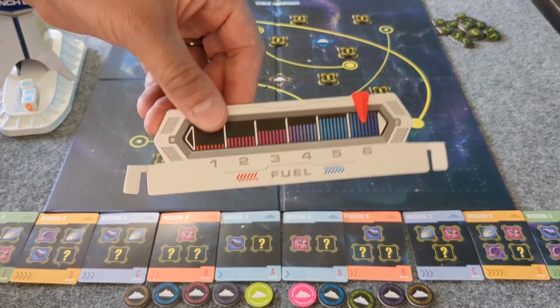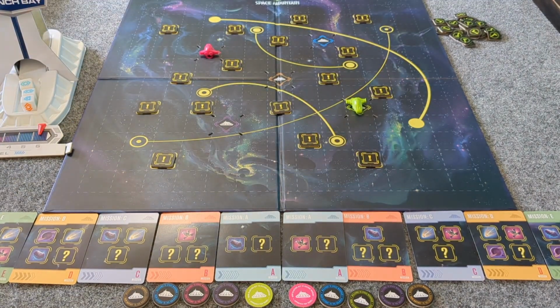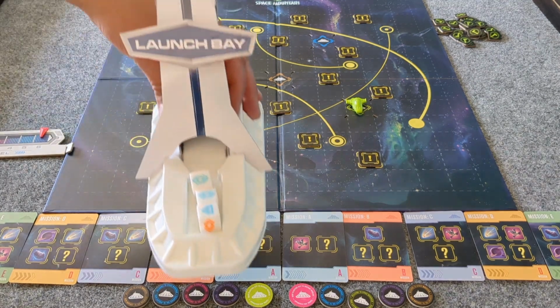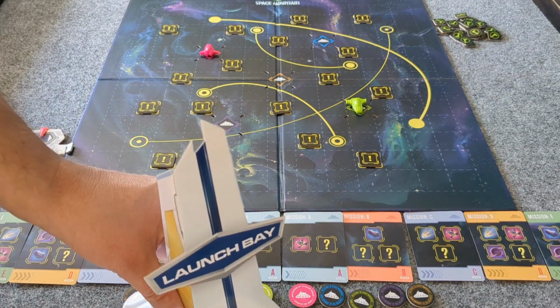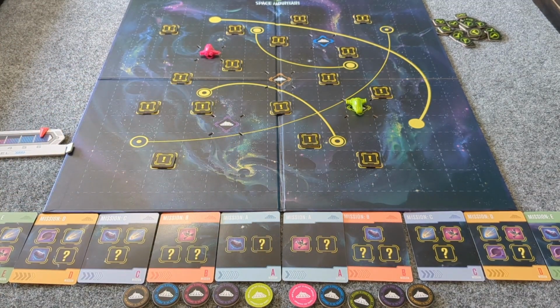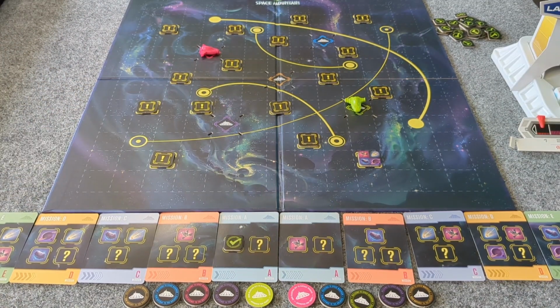The fuel gauge is at 6, so of course. The player whose turn it is right now will take the dice tower launch bay. I did a whole lot of stuff and was not recording, so I'm just going to go ahead and skip to the part